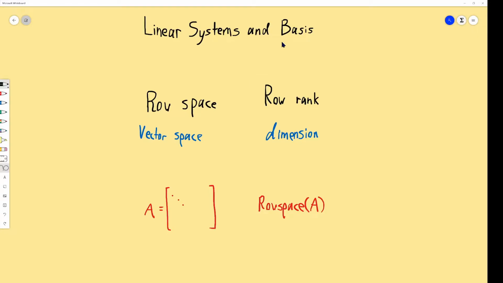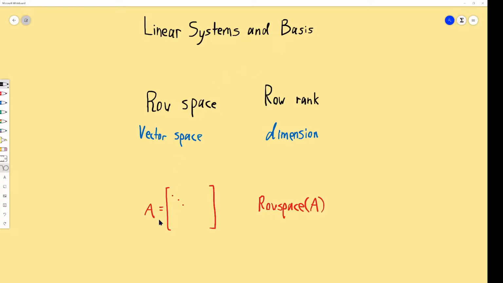Welcome back. Today we'll be talking about linear systems and vector spaces that have to do with them. So when we're performing Gaussian elimination and its row operations, what we're really doing is taking linear combinations of rows. And so it makes sense then to study the vector space in which they exist, and that's called a row